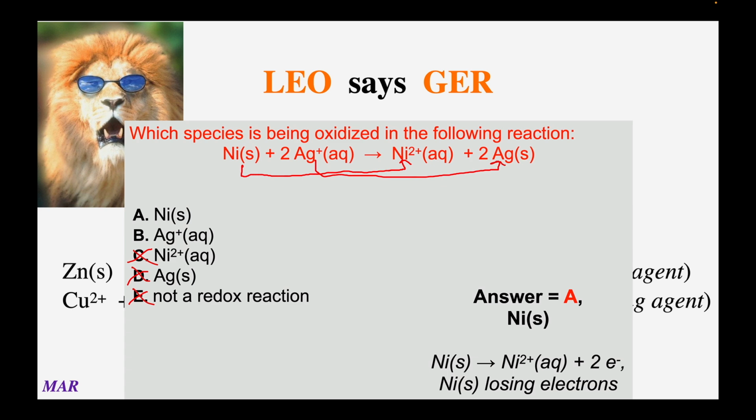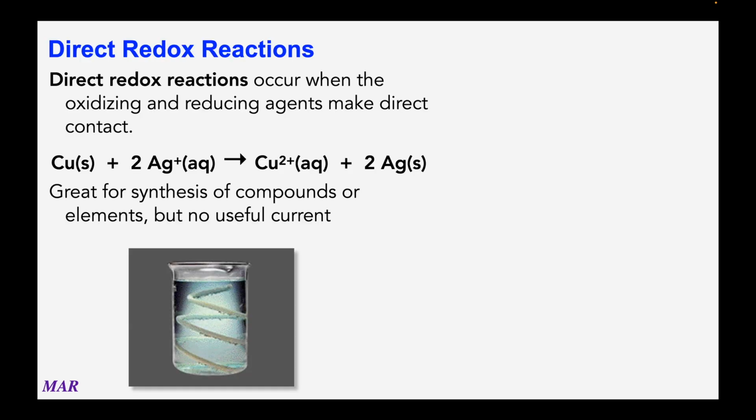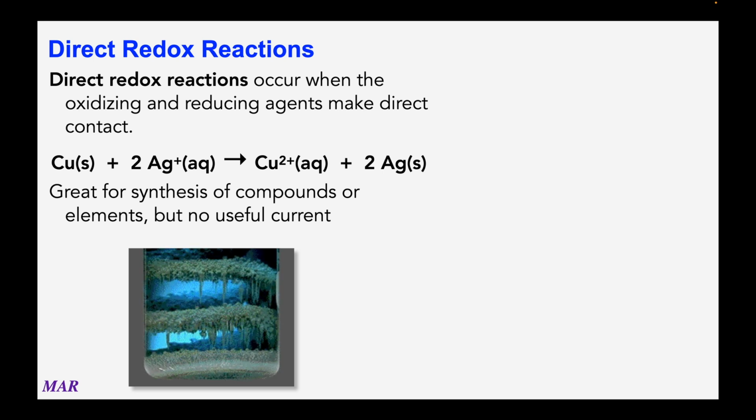something reduced. Copper metal reacts spontaneously with a solution of silver nitrate. A coating of silver metal forms on the copper, while copper 2 plus ions, which are blue in water, are released into the solution. This is an example of what's called a direct redox reaction. Direct redox reactions are great when you want to have the oxidized species and the reduced species in contact with each other. You usually have really high percent yields, and it's usually fairly easy to separate out the products, which